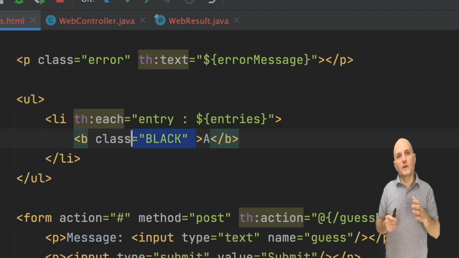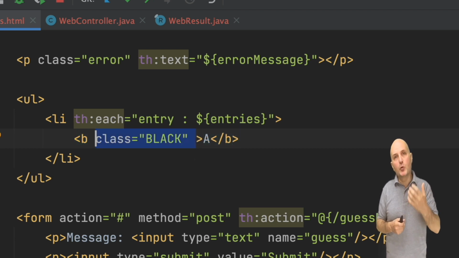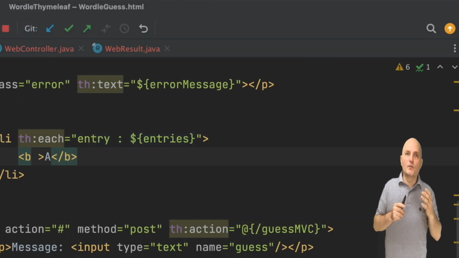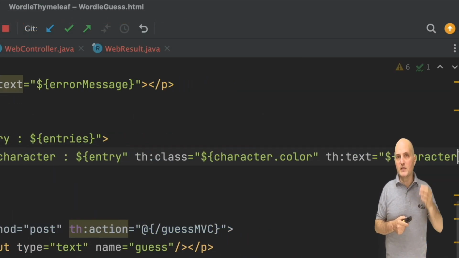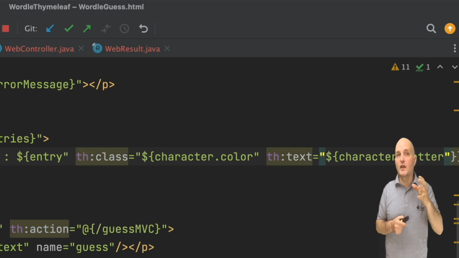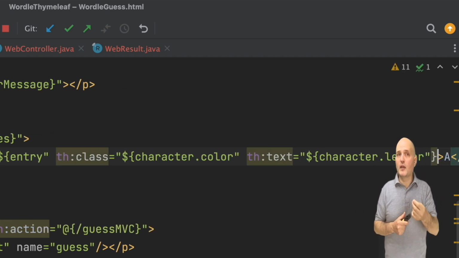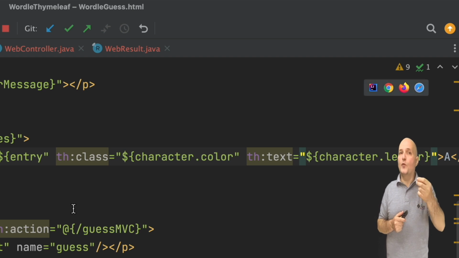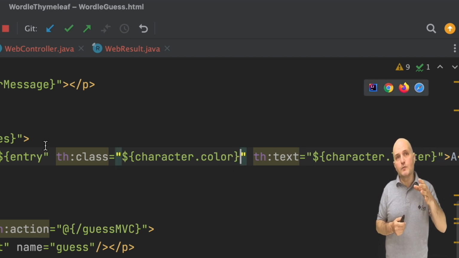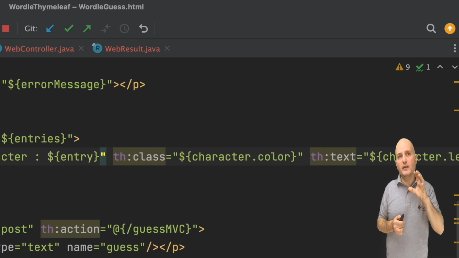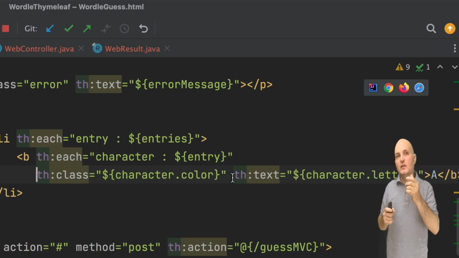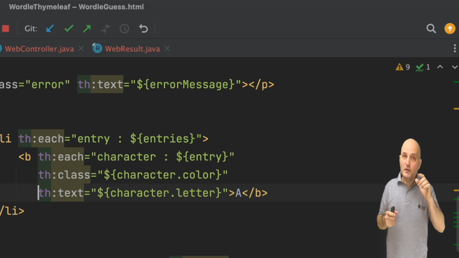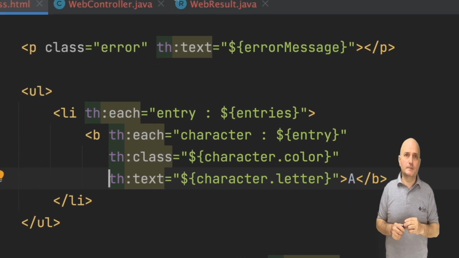We don't need the attributes here since we will push them through Thymeleaf. For every entry in the list, we will loop over all the elements in the array using another th each. That is like a for loop within a for loop. We then access the properties for the color and character in the individual record to set the text and the class. This is a bit hard to grasp, so let's repeat that.